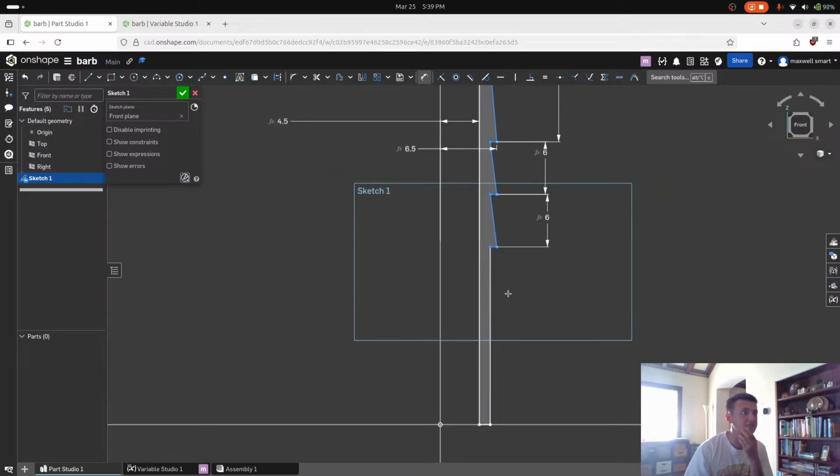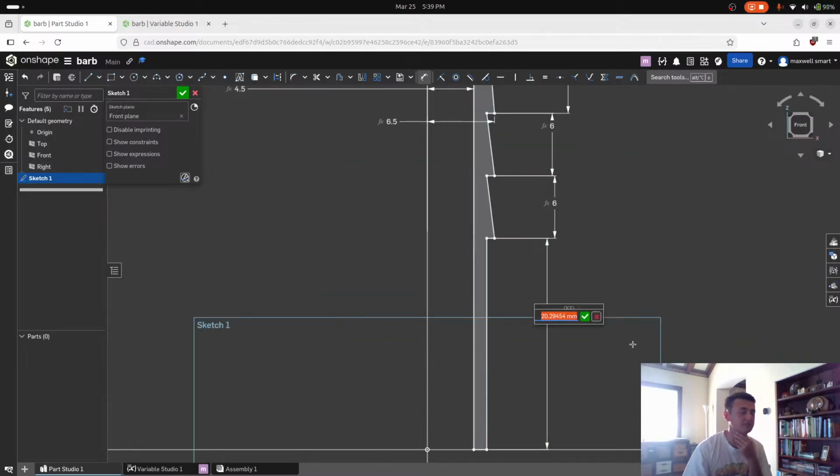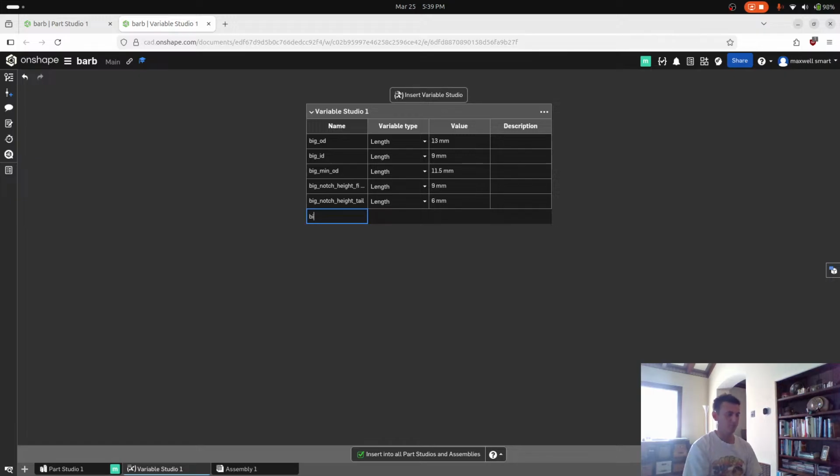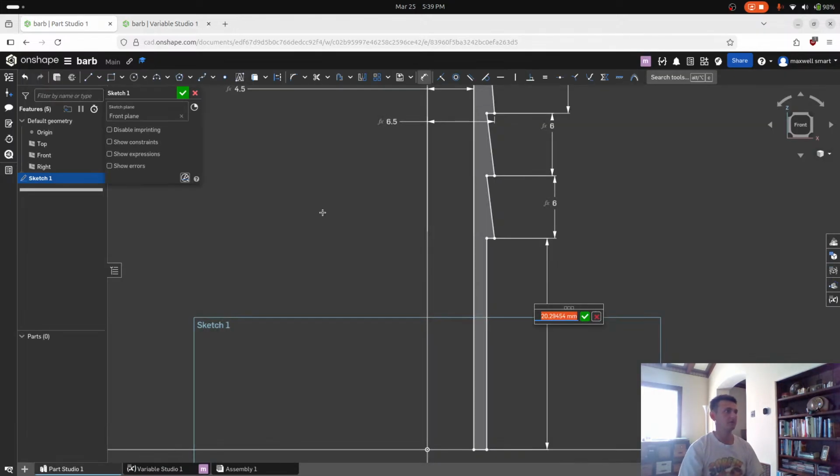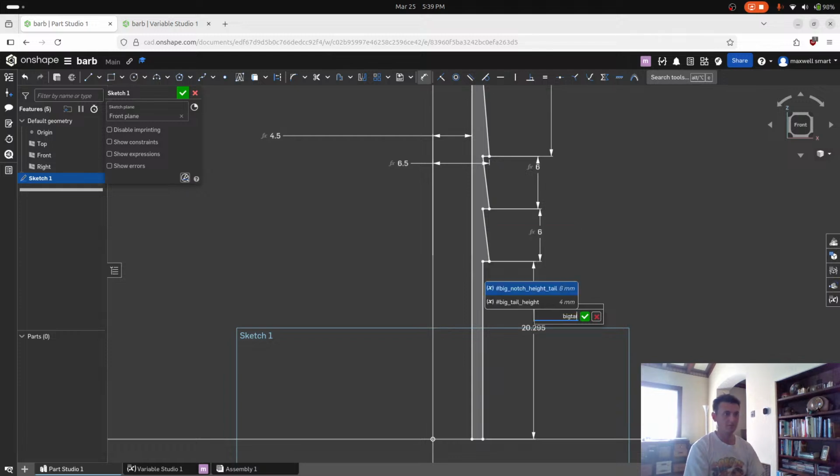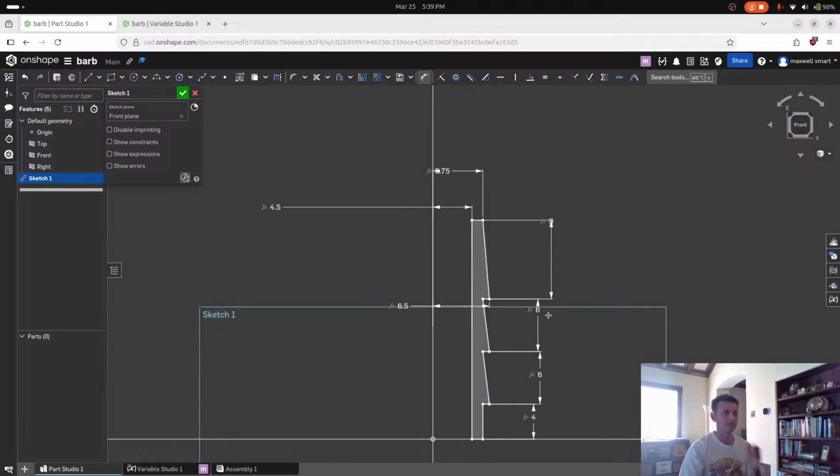So I think that's basically the part, and then this we can just dimension to like the final tail, which is, might as well measure it. I'll say 4. Big tail height. Okay, so that's basically the part, and then you just do